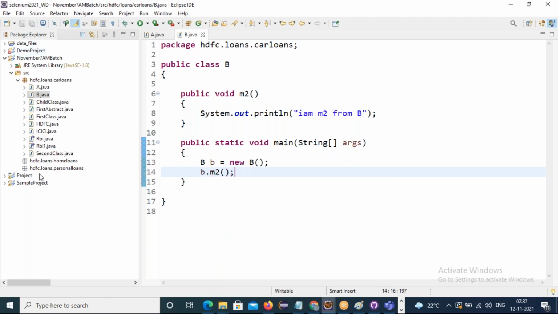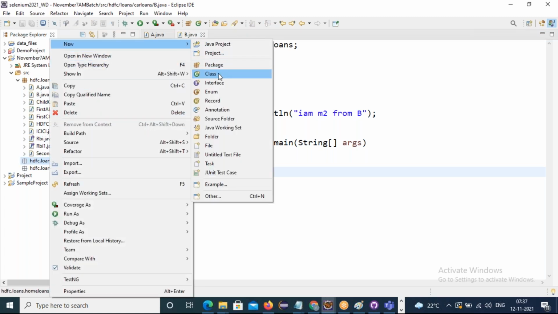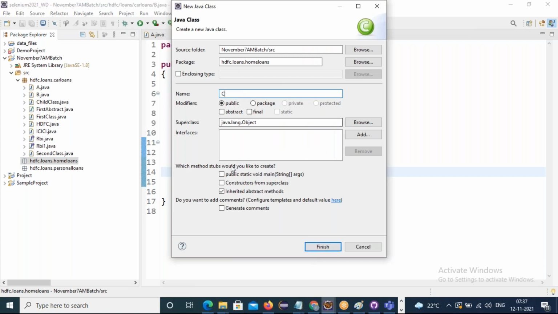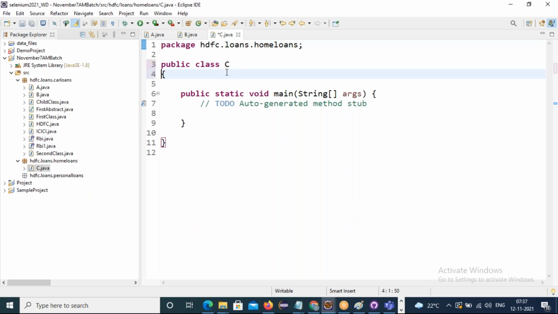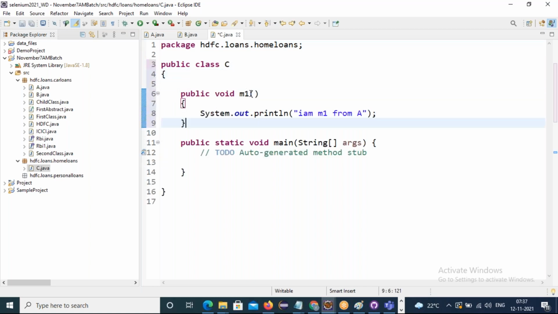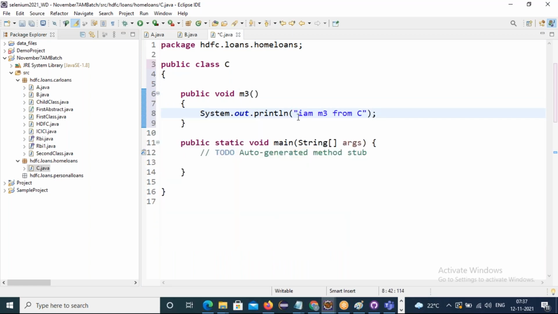Let me create one more class which is in a different package. The A and B classes I created in car loans. Now the C class I create in home loans. Right click, new class, and give it the name C. In this C class, I define one more method named M3, which prints M3 from C. How do I call this M3 method?